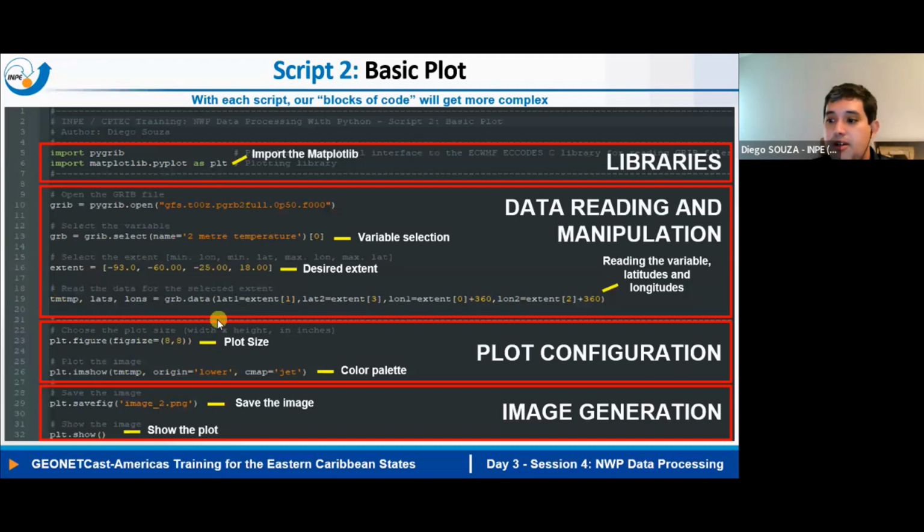On our next block of code, the plot configuration block, it's very similar to what we had for GOES-R. It's nearly identical. We define the dimensions of our plot with the figsize argument, right? And we plot the information with the imshow command from the pyplot module. And we pass some arguments. First, the data we want to plot, 2-meter temperature in this case,